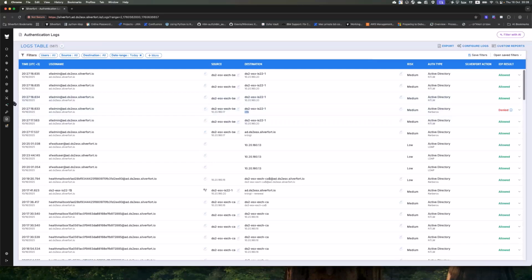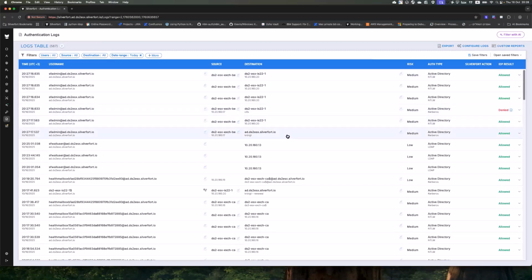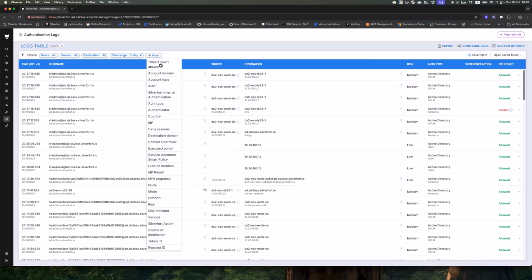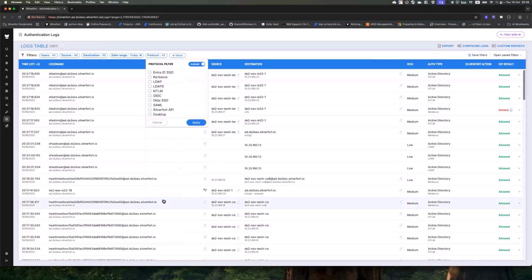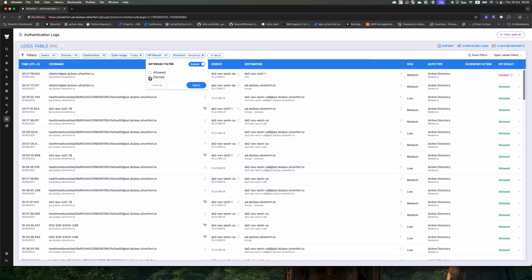However, in the same second, you can see that an NTLM authentication was successful. So how are we going to find all the denied Kerberos authentications? I will go to protocol, I will filter Kerberos, and then I will filter my authentication log on the IDP result to